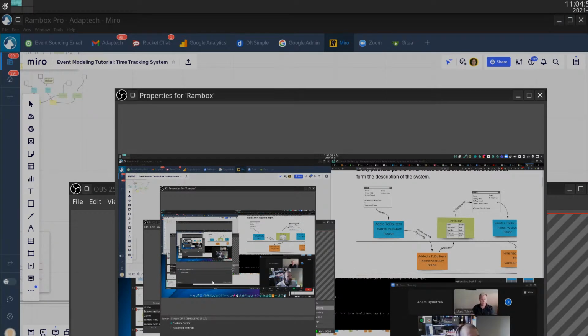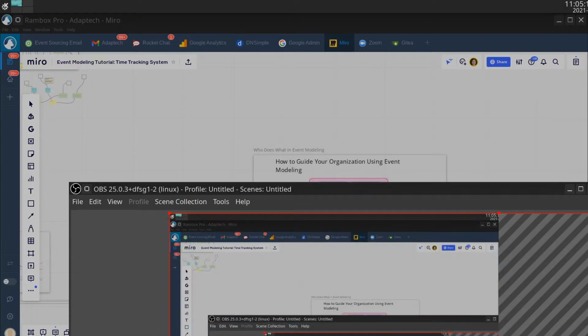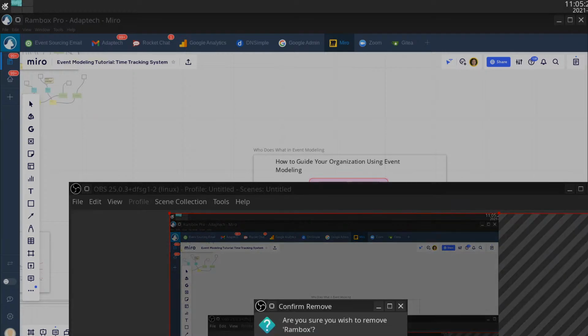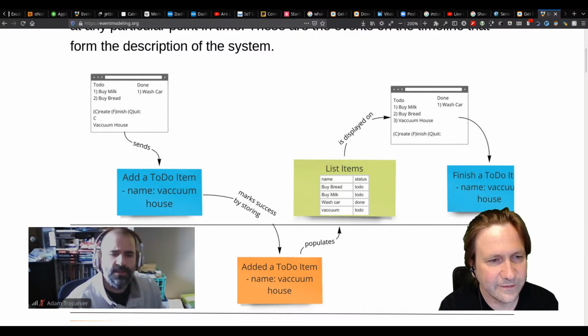There are too many options in OBS. I need to capture the window, not the screen. Okay, try one more time. Window capture. There we go. Okay, I found it.